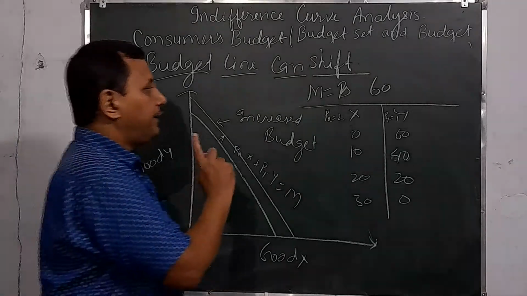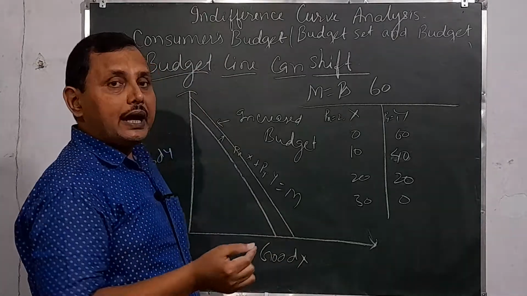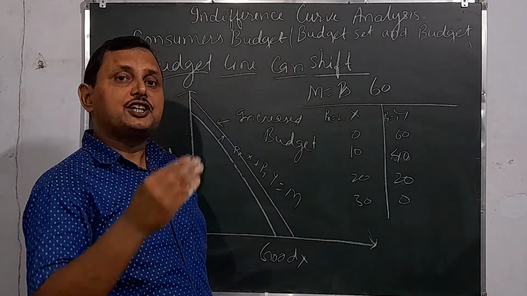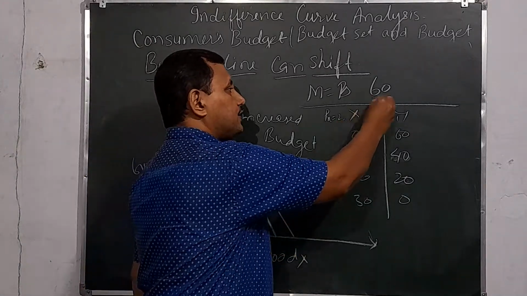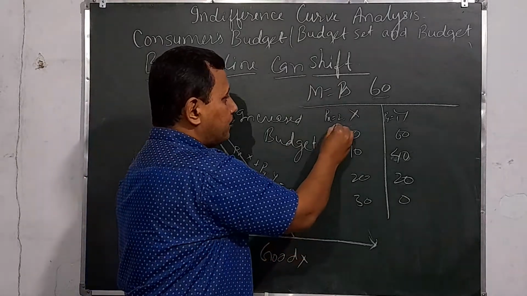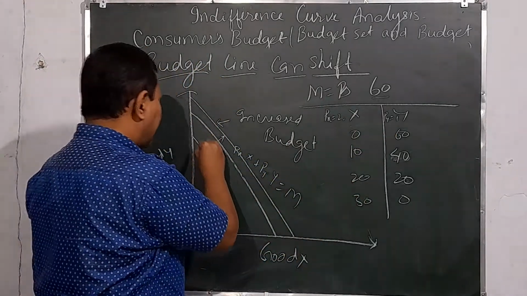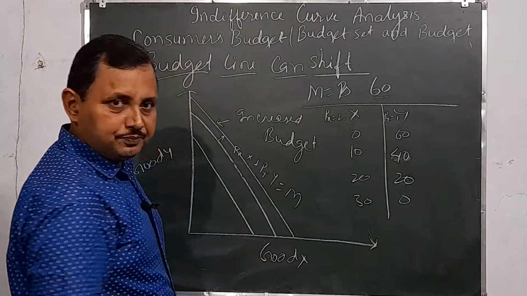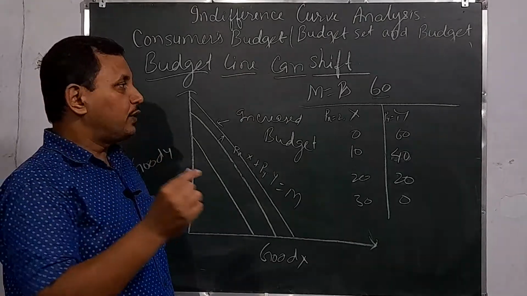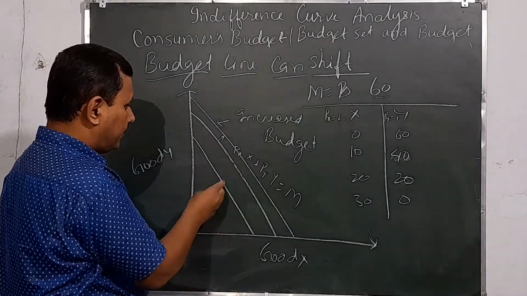Second case, if prices of good X and good Y are not changing, and the income of the consumer is decreased, hence the budget of the consumer is decreased. Say earlier the budget is rupees 60 and now the budget is rupees 40, whereas prices of good X and good Y are constant, there is no change. So in that case, the budget line will shift downwards, because in the new budget, the consumer will purchase only less quantity of good X and good Y, and therefore the budget line will shift backward.